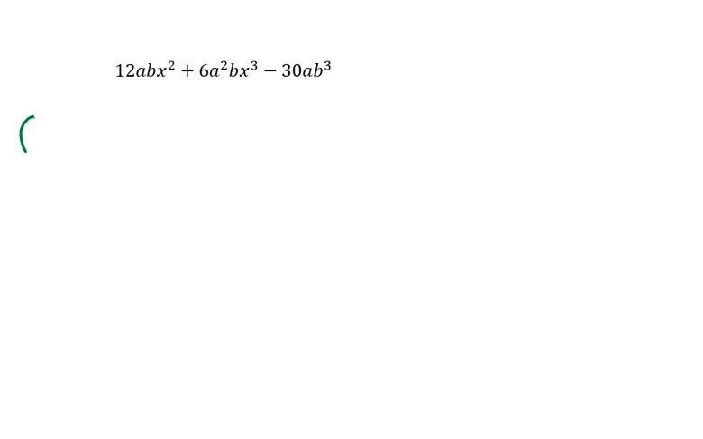So I'll take out a 6 because 12, 6, and negative 30 all divide by 6. Out of the a's, I'll take out a to the 1 because that's the smallest power I see on an a. Out of the b's, I'll take out b to the 1 because that's the smallest power I see on b. Out of the x's, I can't take out x because there's no x here. So it looks like I'm left with